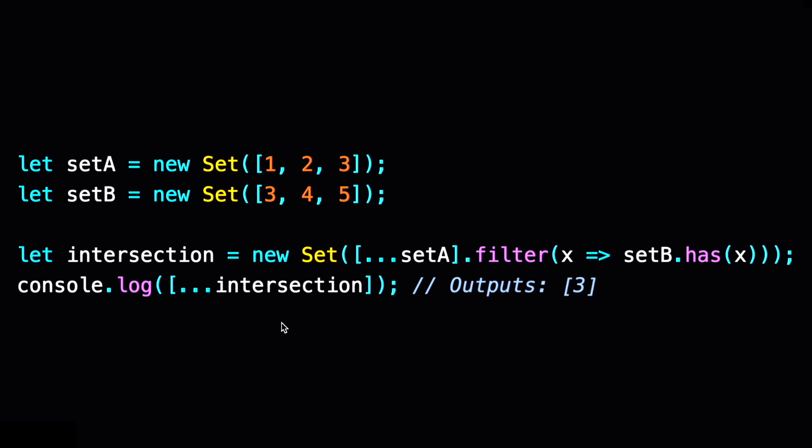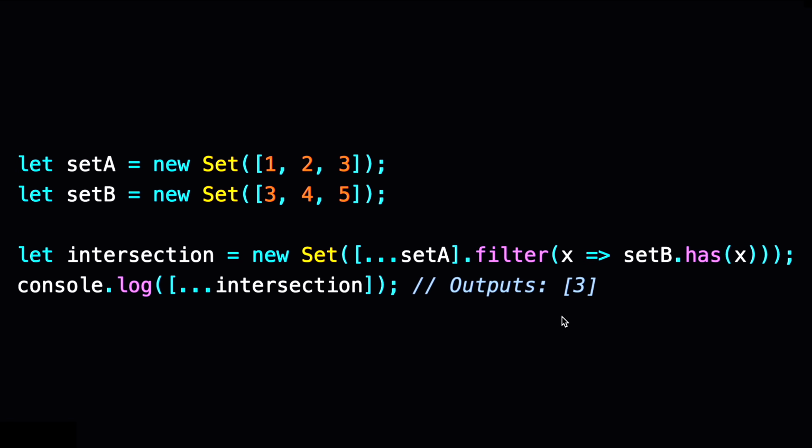We can also get the intersection of two sets, which is a set of elements that are common to both sets. You can get the intersection of two sets by filtering one set for elements that also exist in the other set. So we are going to get set A, which we're basically turning into an array. Then we're going to filter it, and we're going to filter it with setB.has(x). We're going to check if set B has each element in set A. Then we're going to convert all that into a new set and put it into the variable intersection. Then we're going to log intersection, first converting it to an array with a spread operator,